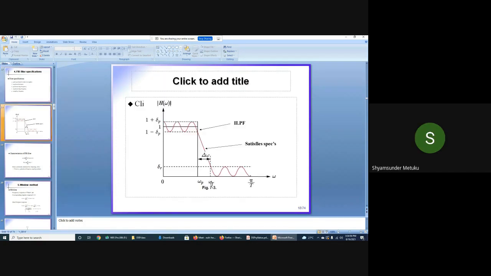Okay, fine. So now what are they meant for? Here, if you look, the solid line you are able to see starts from 1. It stays constant for some duration. Suddenly it falls at omega p, and from there it is 0 up to pi by capital T, isn't it? So we want the ideal filter, which is in black color. But when you design your own filter, definitely there will be deviations, no? Because nobody will design anything ideally, right?